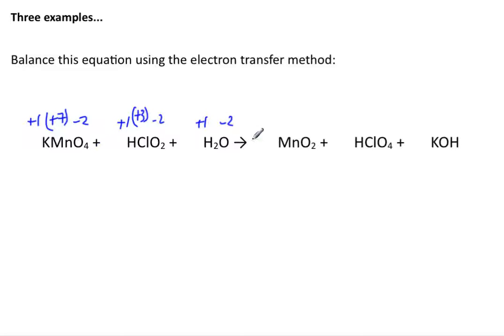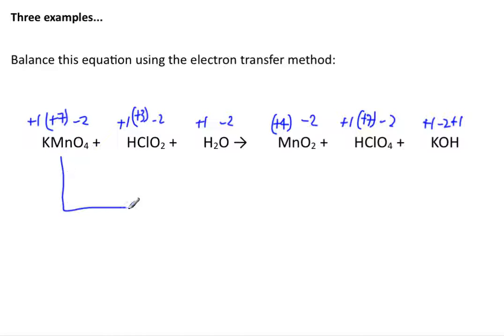-2 and +1 for oxygen and hydrogen in water. So here we go, -2 for oxygen, leaving manganese as +4. So there's a change in oxidation state for the manganese. We'll get back to that. -2 for the oxygen, +1 for the hydrogen, leaving chlorine as +7. So there's our other change in oxidation state. And so there are the rest of them. So no change in potassium, no change in oxygen, no change in hydrogen, but we do have a change in